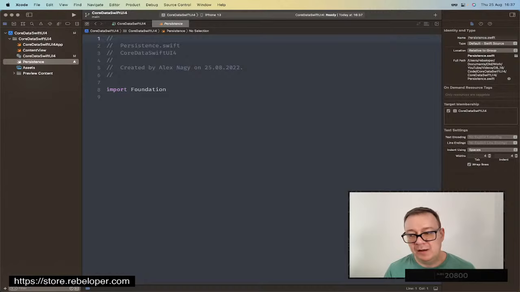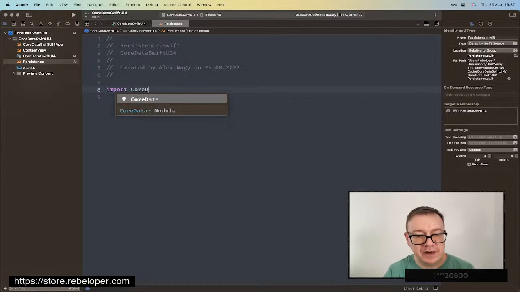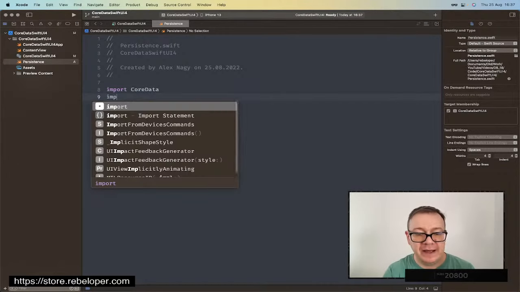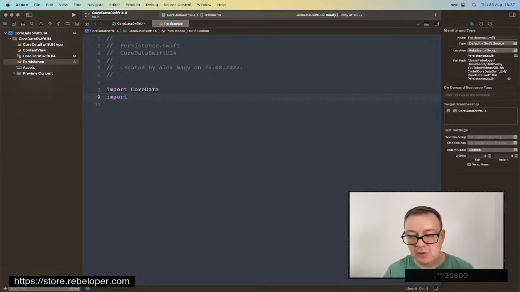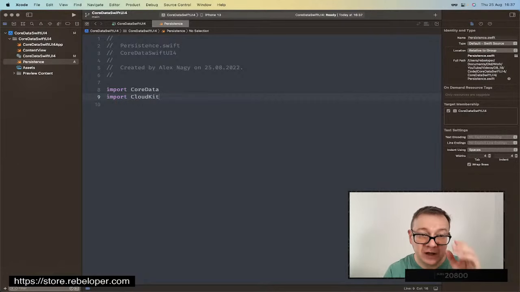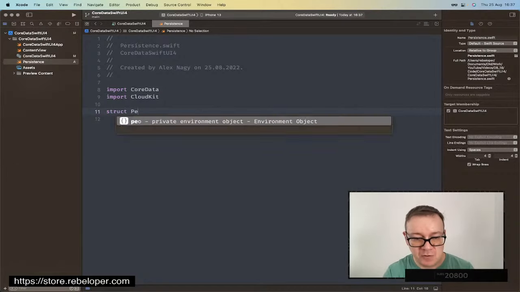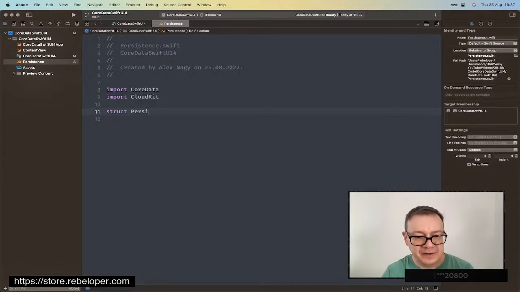Okay, what do we need right over here? Well, first of all, we need to import CoreData. And while we are at it, I'm just also going to add CloudKit support. So let's import CloudKit also. This will be a simple struct, and it's called